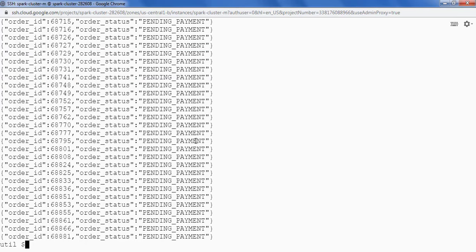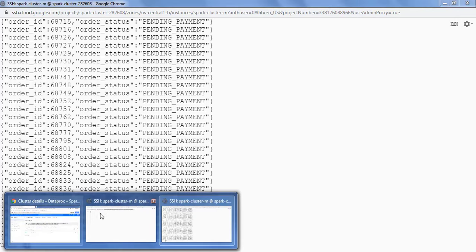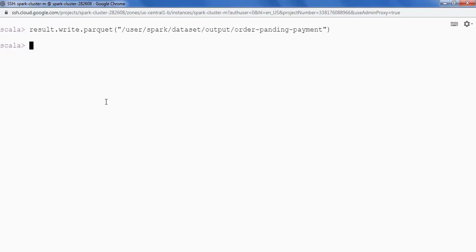Now, as we have seen, by default snappy compression is applied when we save a file using the parquet file format. Can we change the compression? Let's go to the Spark shell and see. So let's say I want to save this data but not in snappy compression. I want to change the compression. So let's say we want to save the data in gzip compression, which is based on the deflate algorithm. So I'll say